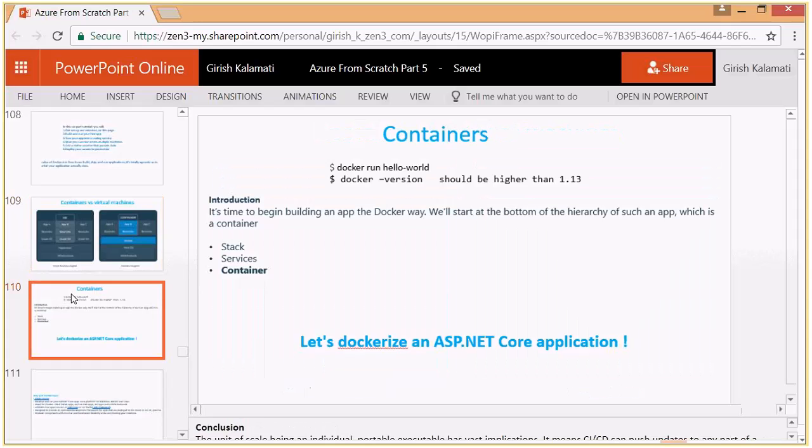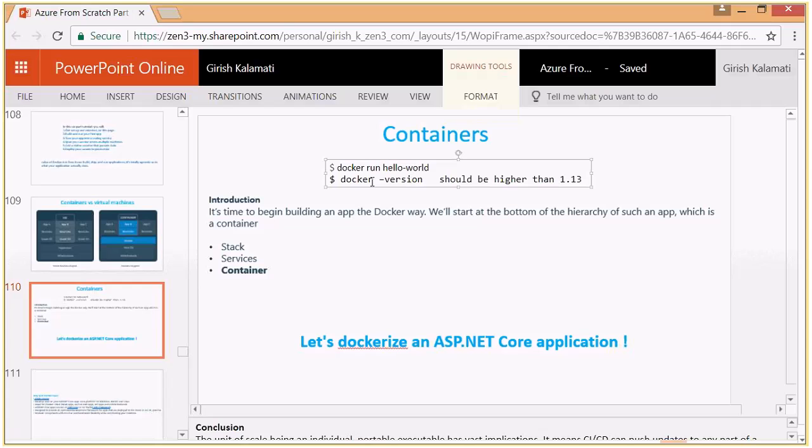Okay, so the basic command which we ran on the containers is docker run hello-world, which would give you output stating that the container is working fine, and you can get the version of a Docker machine by --version after the docker command. Okay, and